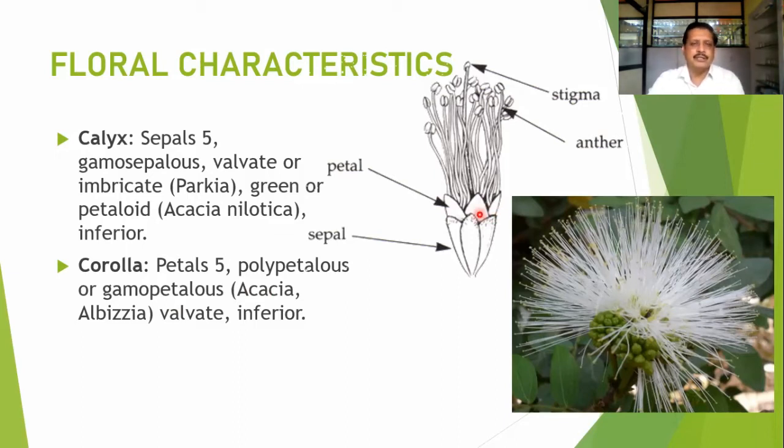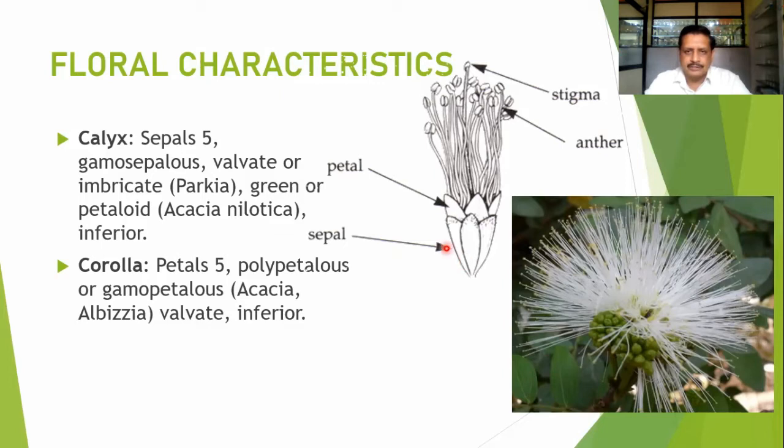They are just forming a cup-like structure at the base of the petals, and that's why it is considered a gamopetalous corolla. But it is a member of polypetalae. Only the corolla is fused or connate at the base. And then a valvate type of aestivation can be observed in the petals, and mostly the corolla is inferior because the gynoecium is in the superior condition.